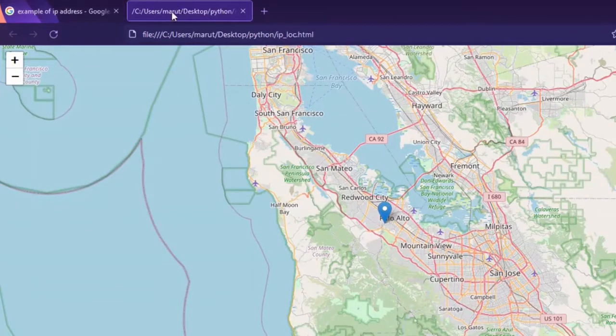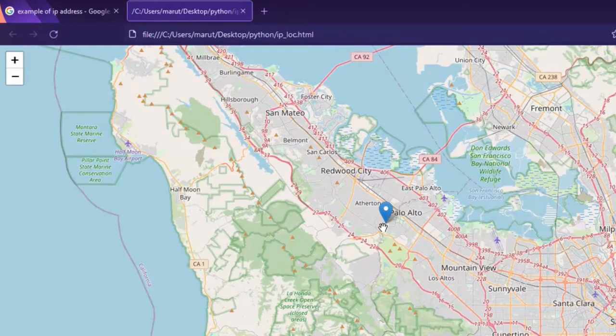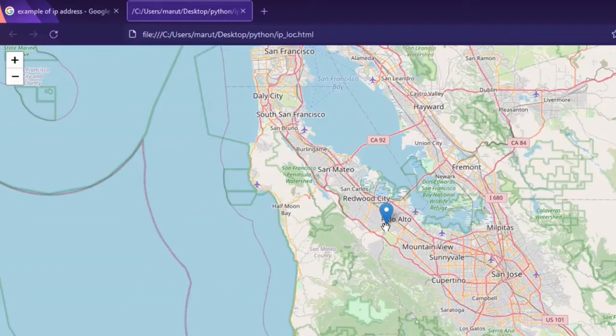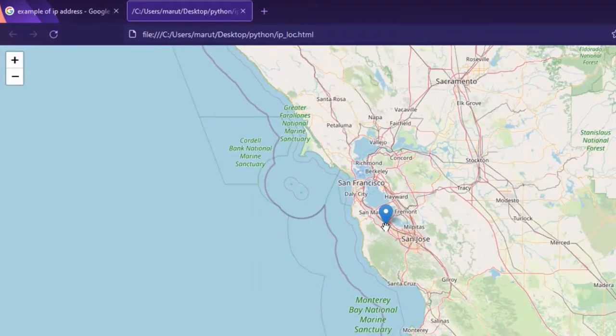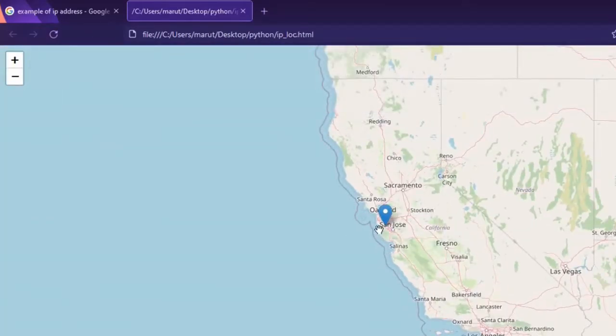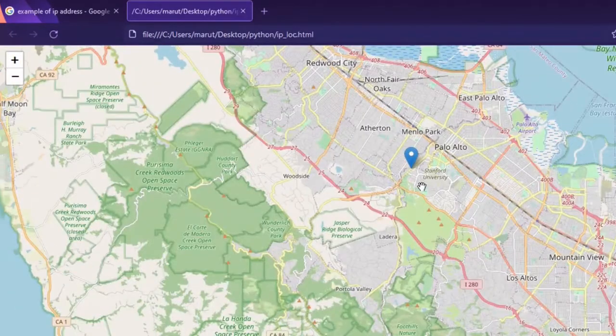Okay, so see, automatically it has opened a second tab in the browser. So we had opened this first one and it is automatically opened. Now this marker is shown. Whatever initial view is coming, this is the zoom. If we specify more zoom, then it will open like this. With some more zoom, it will go deeper. If you specify less, then it will zoom out like this. If you specify 0, 1 or 2, then it may show you like this at the initial step. Although you can scroll and see what the exact location is.